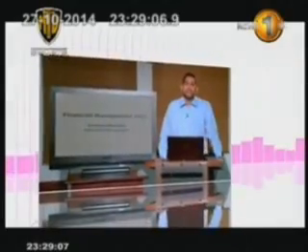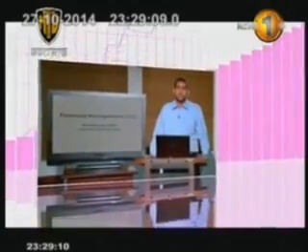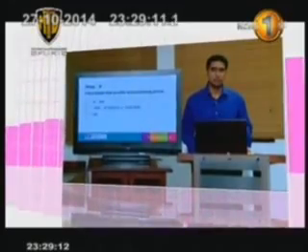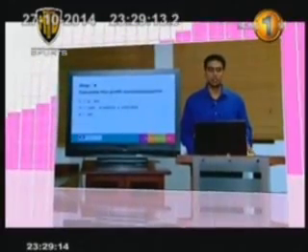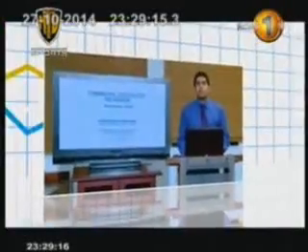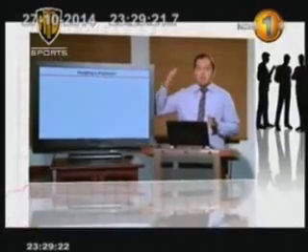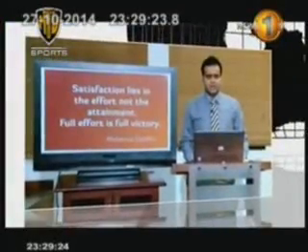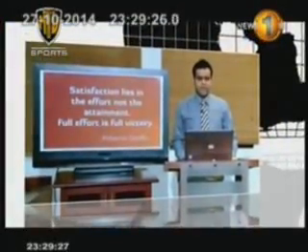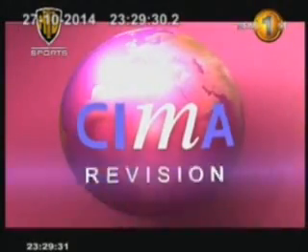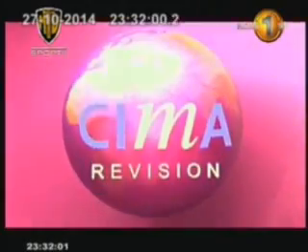Welcome for this revision program conducted by SEMA Sri Lanka. Do we have the capacity to be operating this particular profit maximizing price? We love mathematics oriented subjects. Counting depreciation is not allowed for tax purposes. A foreign currency liability on a future date. Satisfaction lies in the effort, not the attainment. Full effort gives full victory. SEMA Revision, Monday to Wednesday at 9:30 p.m.